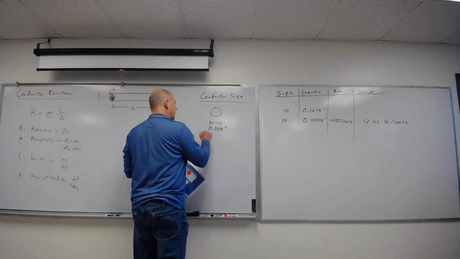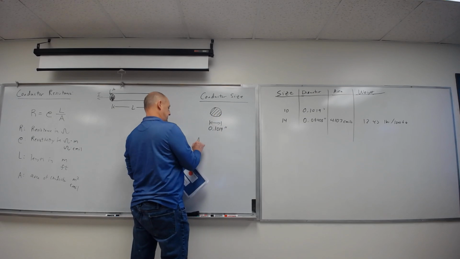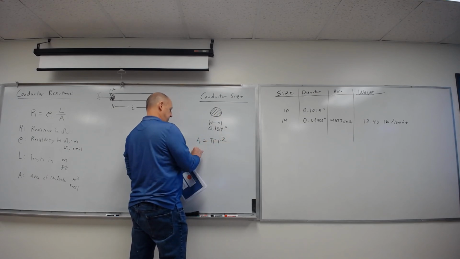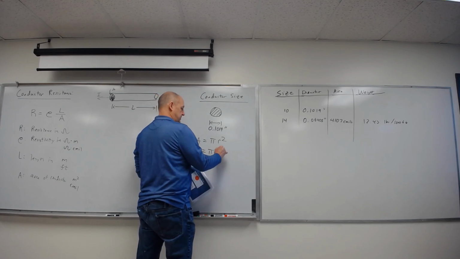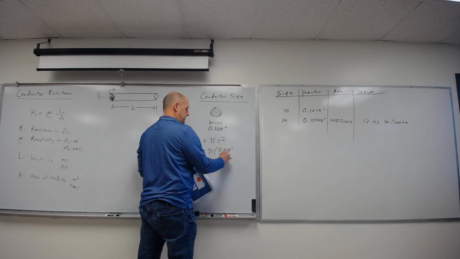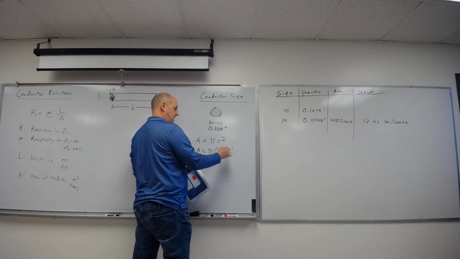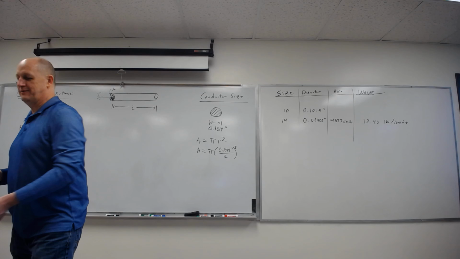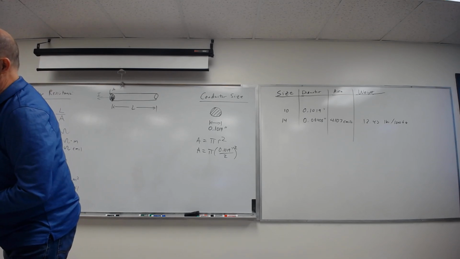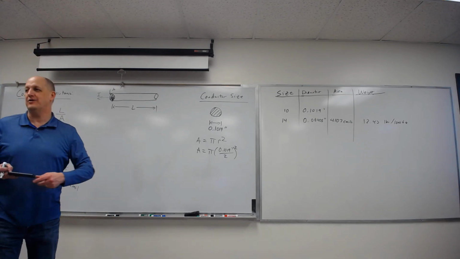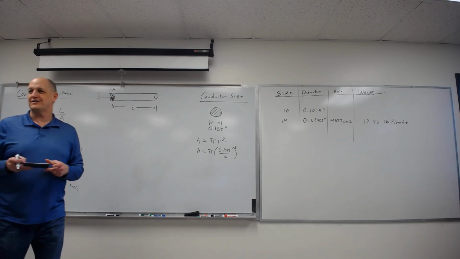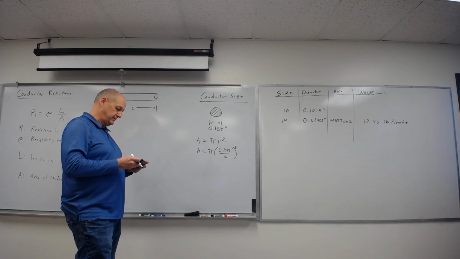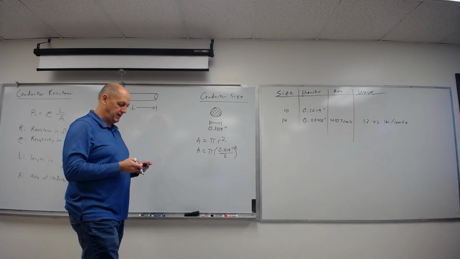If I want to find the area of this, we're plugging into my equation. Area of a circle is pi r squared. Area is pi times 0.1019 inches divided by 2, because that's the diameter, and this is the radius. Be careful. That's one of the biggest issues I see students do. They get going on this, they're moving fast, and then they forget, oh yeah, they give me diameter and not radius. So I plug this in and go 0.1019, divide by 2, square it, multiply by pi, and I end up with